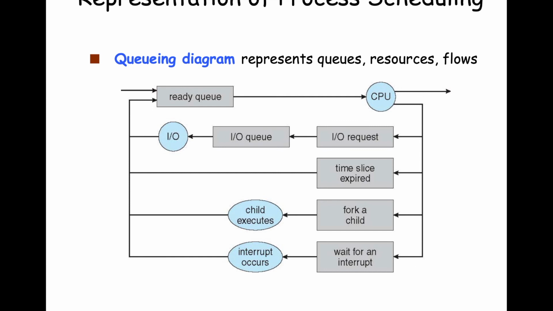So this is a look at scheduling. Now we have the ready queue, and we said at the outset that the ready queue list is a linked list, and it has in it the PCBs of all the processes that can be selected. So we start out with the ready queue, and a process is scheduled by the scheduler, selected for execution on the CPU. So it can exit the CPU, and it's done, go to that terminated state, or it can do a number of things. It makes an I/O request, like reads a file.